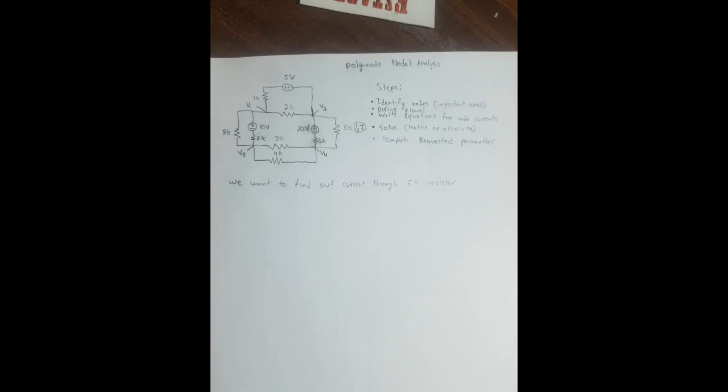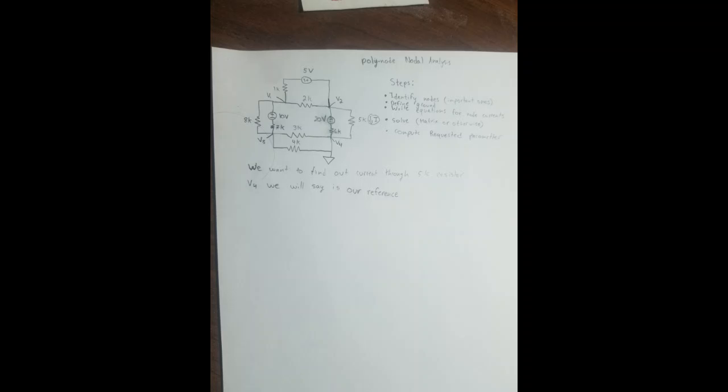Okay, so now first step is identify nodes and label them. So I've got V1, V2, V3, and V4. And then we're going to set a reference point. So I'm going to say V4 is a reference. Now we could have chosen any node, but that's just the one I used. So now we're going to go through node V1, V2, and V3 and find the equation for each node current and set